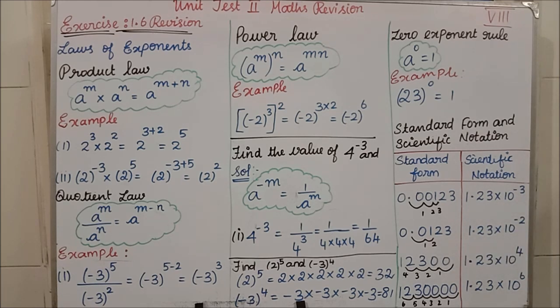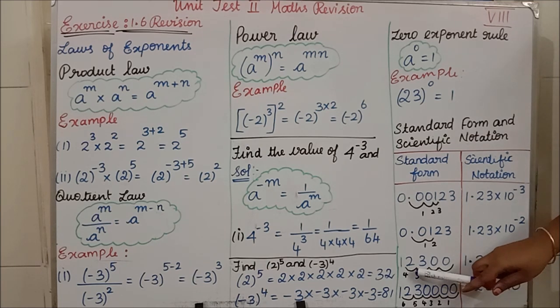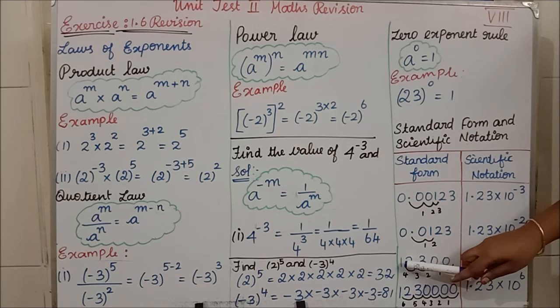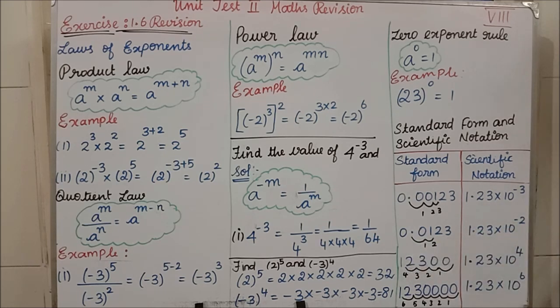Now, you have to consider the decimal to be at the last place. Now you have to move to the front, to where the first non-zero number is. You have to move till that. See, here I am moving 1, 2, 3, 4. This is the first non-zero number. So after that only we have to keep the decimal. So I have kept it here.